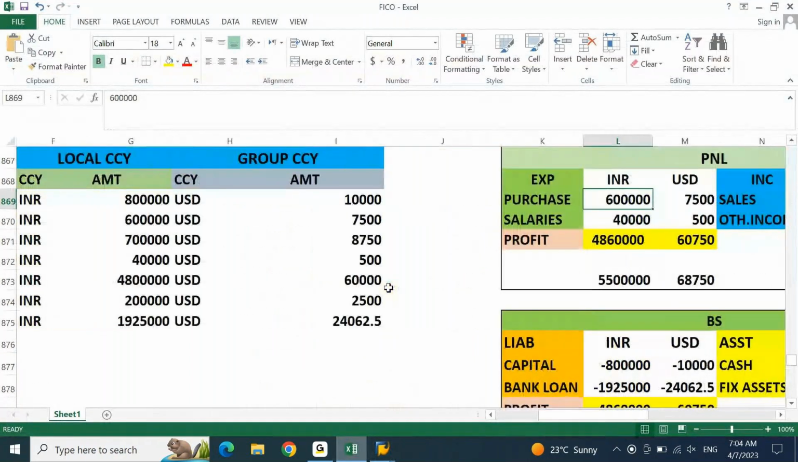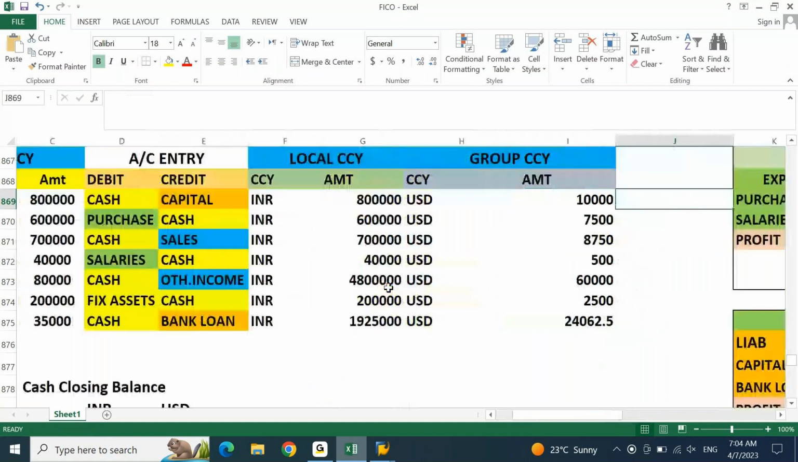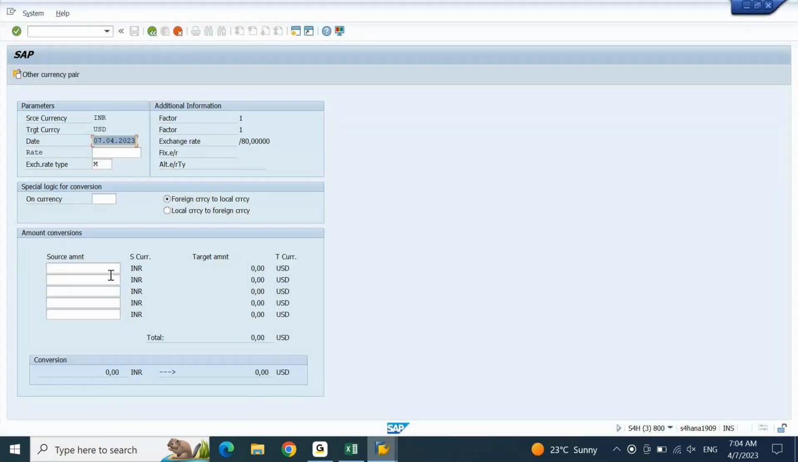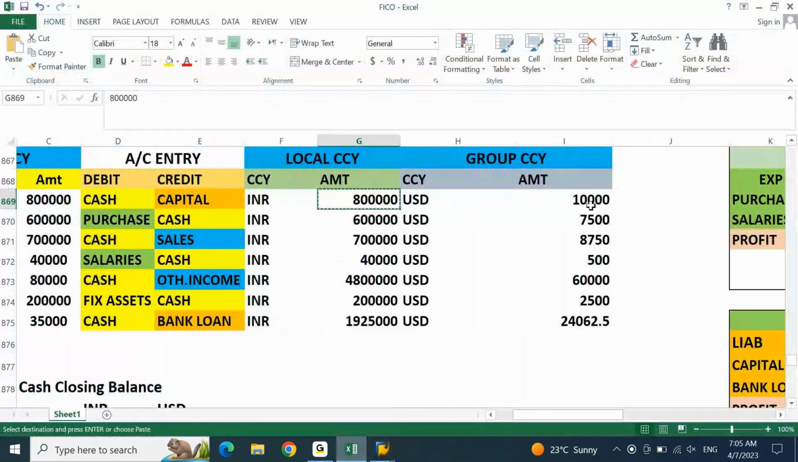somewhere we have calculated here, right? If I take this amount as my INR, the dollar should be 10,000. Now here the dollar is 10,000, so your exchange rate is working fine from INR to dollar. Next one,